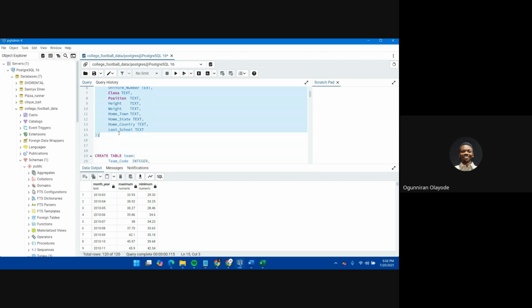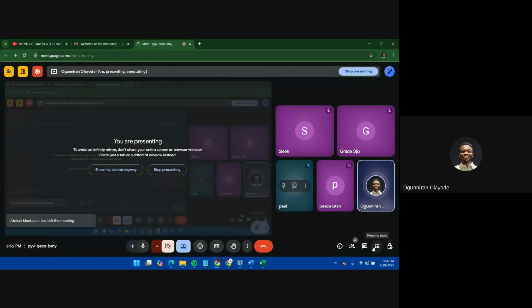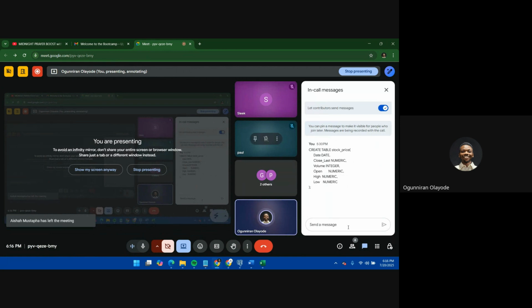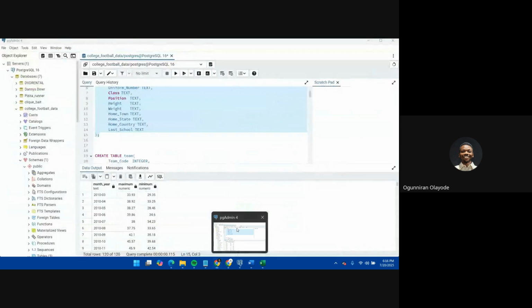So this is the one for player. So we have the player, we have the player table. Those are the two tables we have for the college football. We have the player and we have the team. So that's for the player. And for the team also,